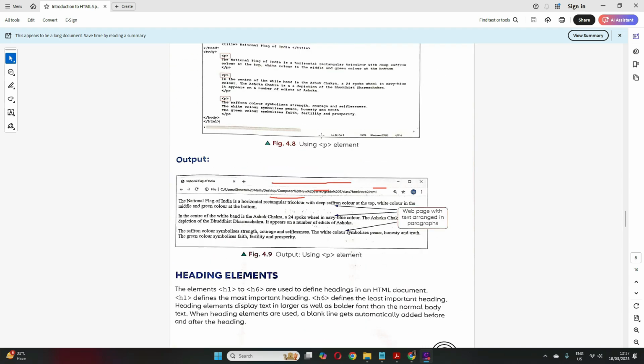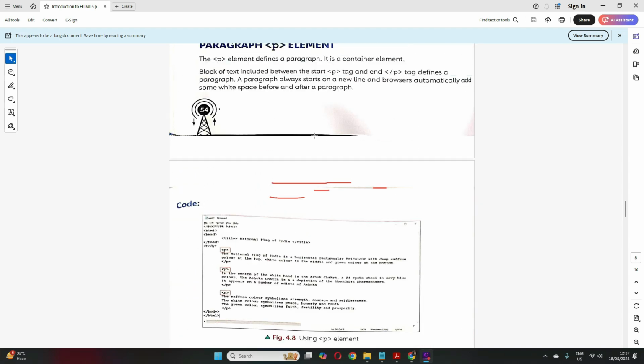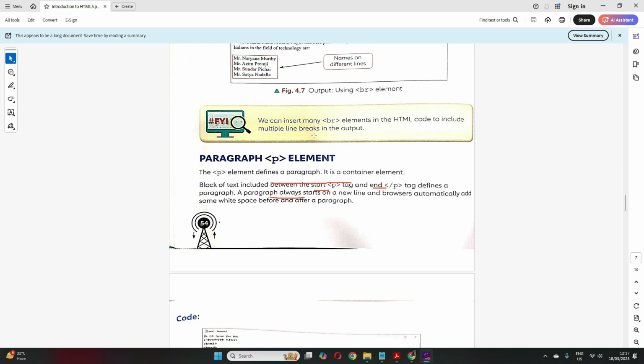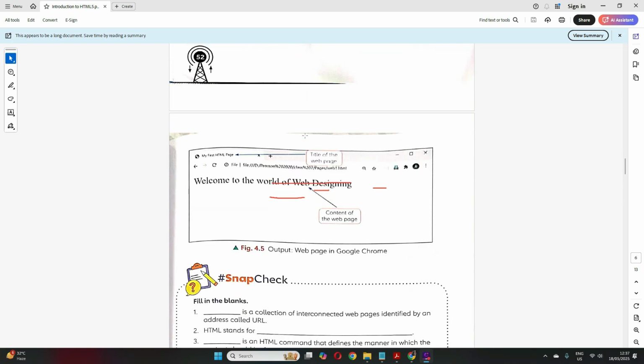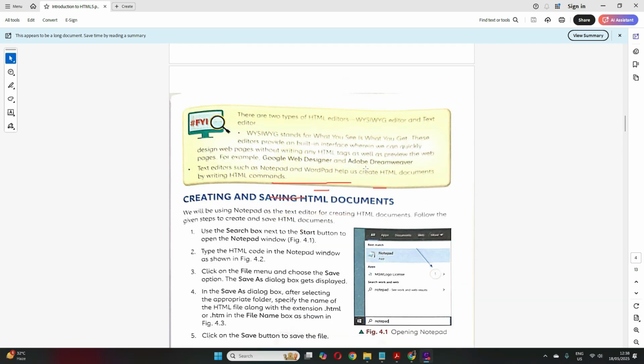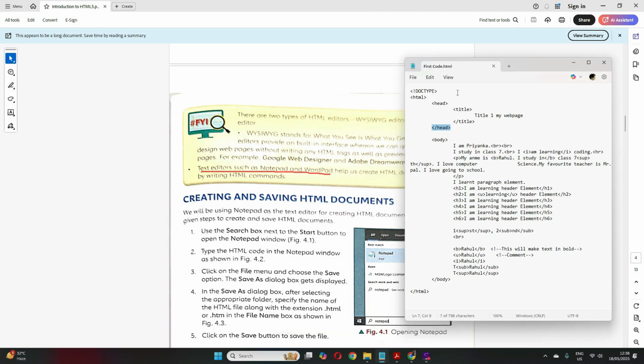So now what other topic did we miss? One was the different types of editors we have. We have 2 types of editors for HTML. So one editor you already saw, it was the notepad that we have been using, right? The notepad that we are using now. So that is one HTML editor. Notepad or the WordPad, see, the text editors such as Notepad or WordPad, which we have been using, right? So this is one of the text editors for HTML.